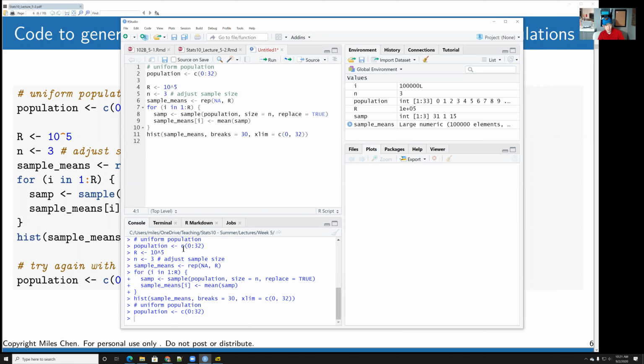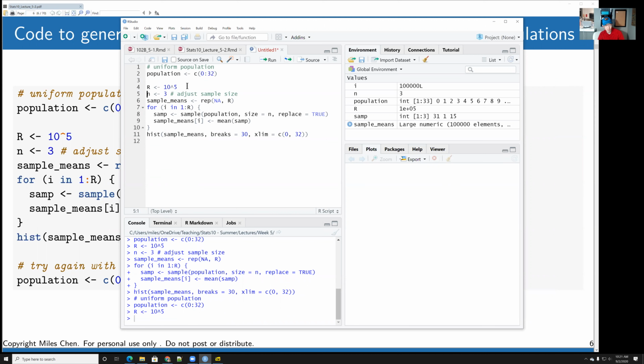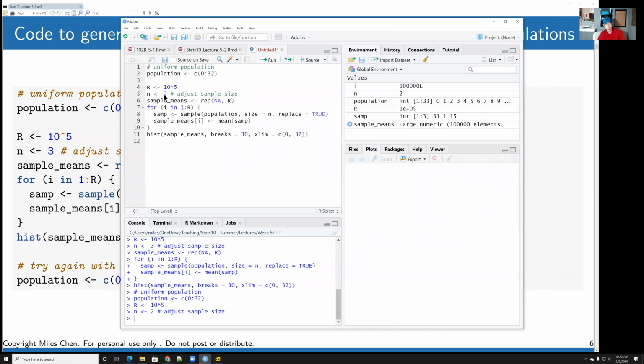Okay. And we're going to do 100,000 repetitions. And here I'm going to start off with a sample size of 2. Okay. And you can see the code that I run here, where I'm going to create a sampling distribution, right? And so I'm going to say for i in 1 through 10 to the 5, which is 100,000,